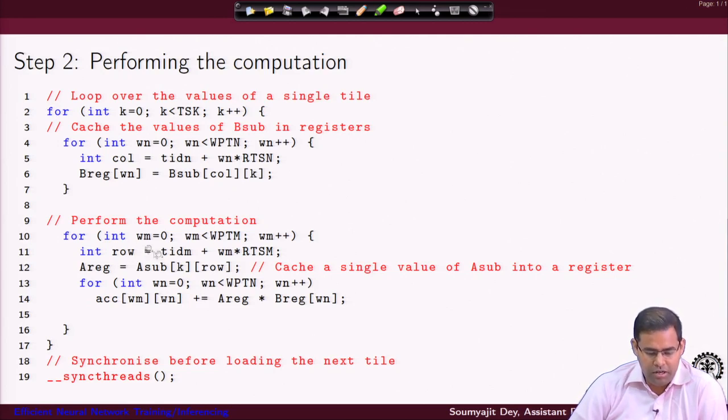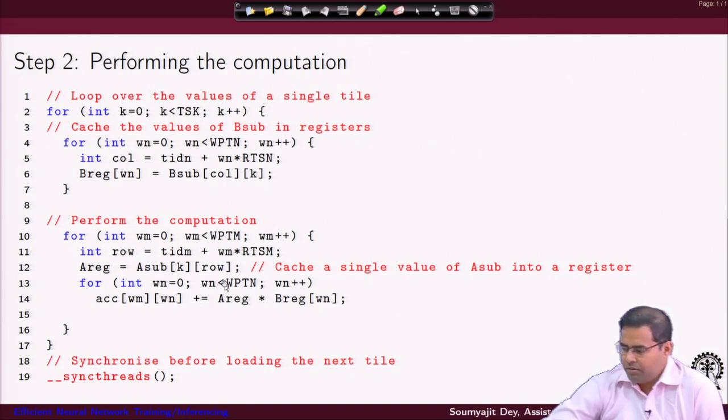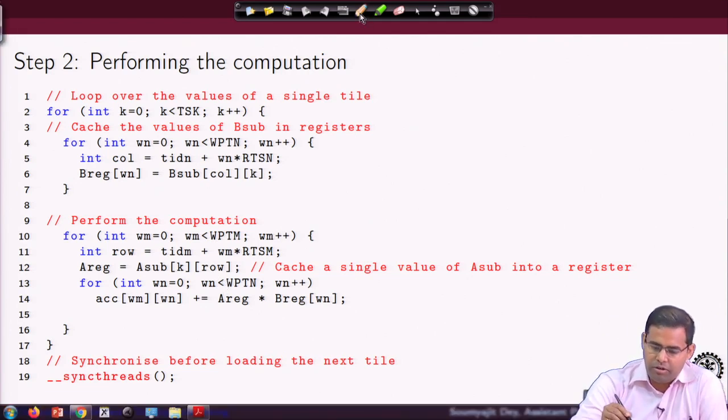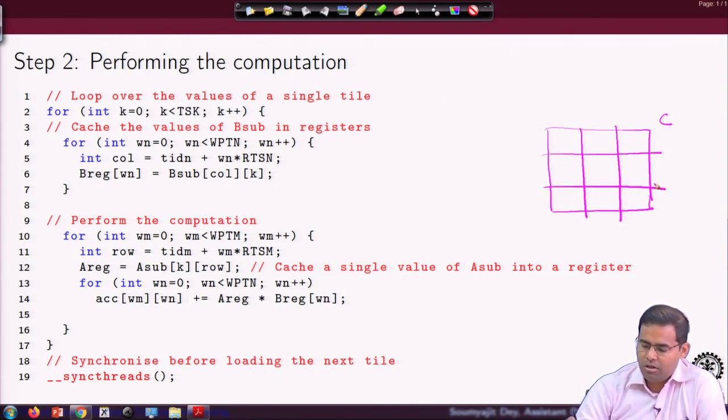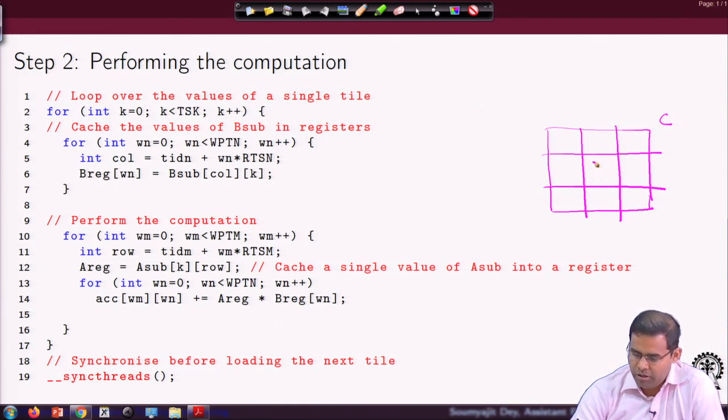So, the real multiplication by the thread is really happening here, and since you have two loops, you are getting a set of values done. If we just repeat inside C, so this is your C, you have got these tiles defined. For one tile, these are the reduced tile sizes I am drawing. For one thread, you are now making that thread do a 2D computation.